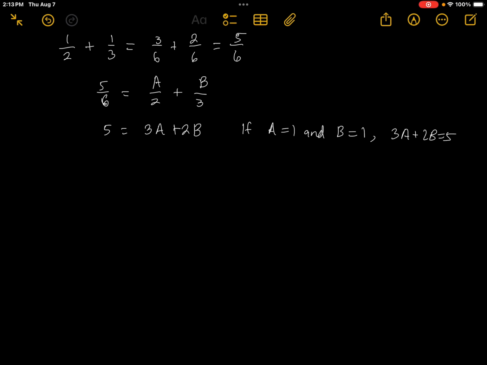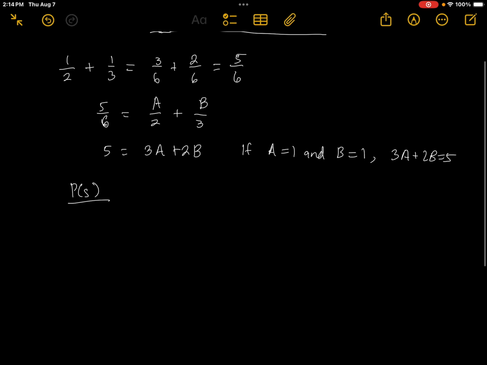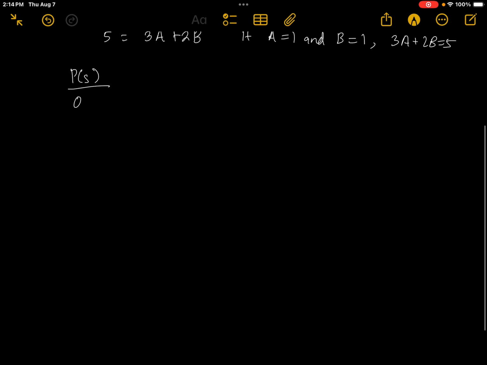So partial fractions for rational functions is basically about how to do that for a polynomial over a polynomial instead of just a number divided by a number. So the general setup is, suppose that you have a rational function, so you have a polynomial, say p of s over q of s, where the degree of p of s is less than or equal to the degree of q of s. So suppose you have the setup,